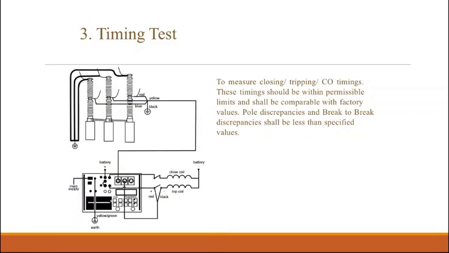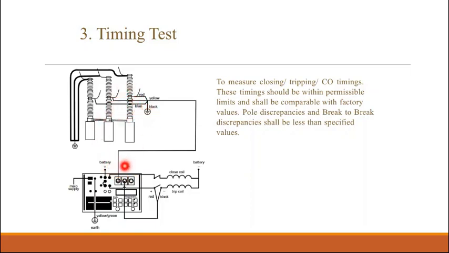And here this is the general setup. We have taken one breaker, we have connected the top limb to the earth, the bottom limb to the kit, and here we are giving the closing command to the closing coil and the tripping command to the trip coil. And this is the kit, which will give the tripping command and closing command to the particular coils, and also it will measure